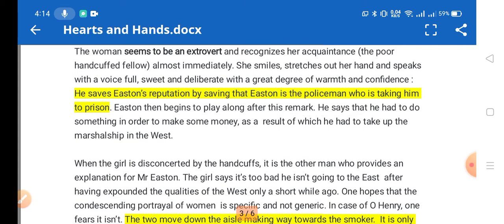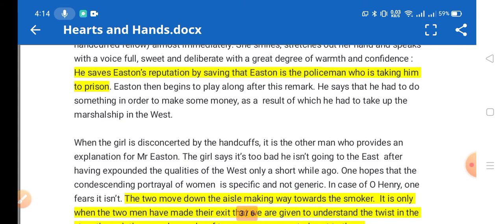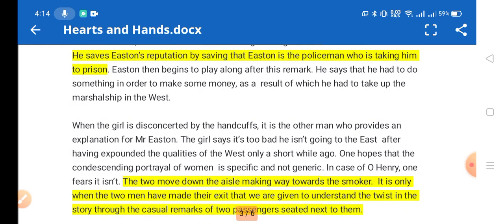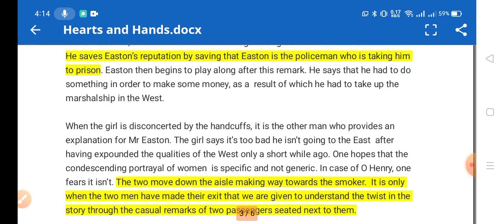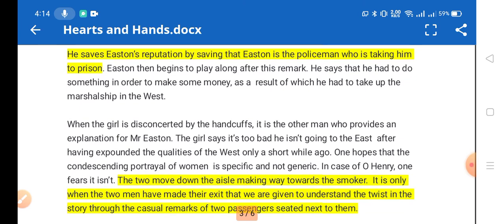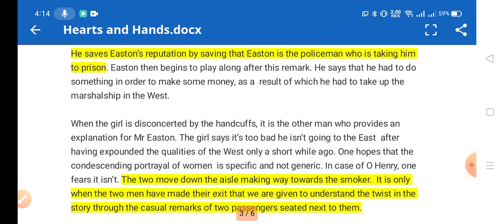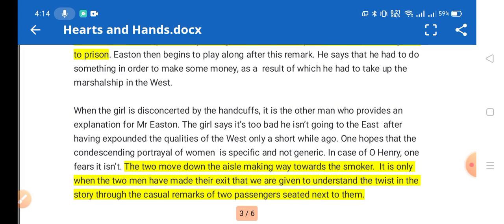So he tells a lie. And then to make Mr. Easton comfortable and save his reputation, Easton begins to play along after this remark, and they have a conversation,